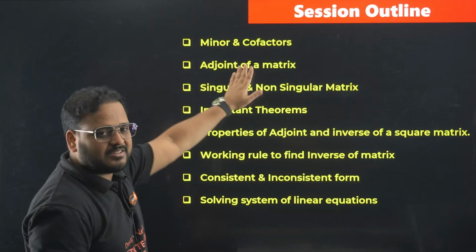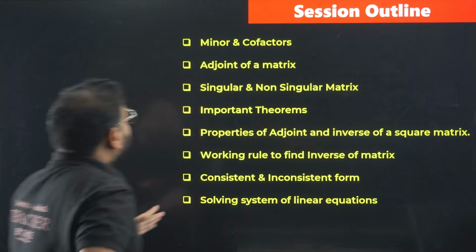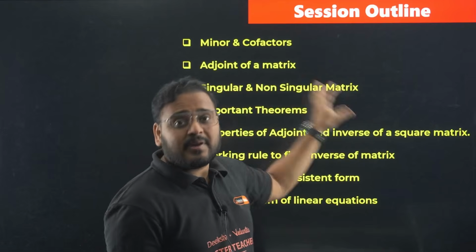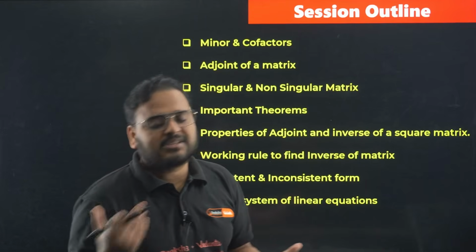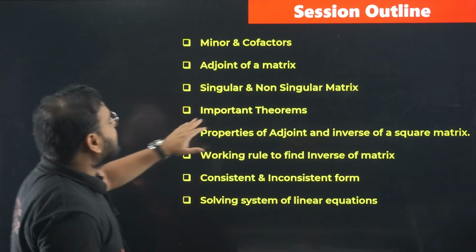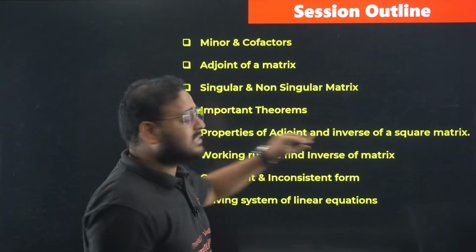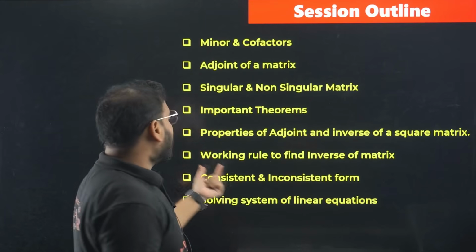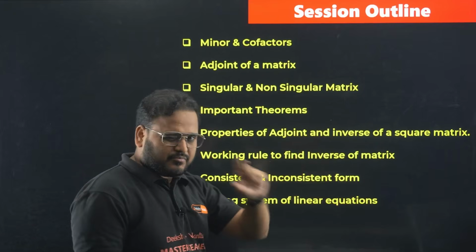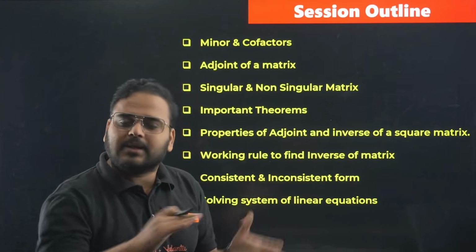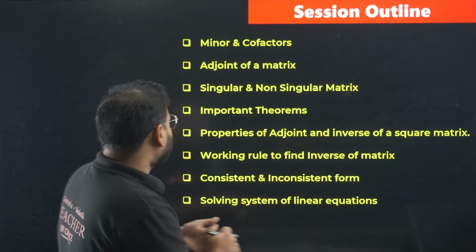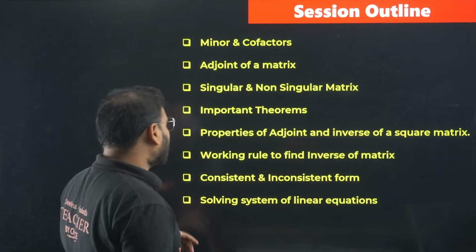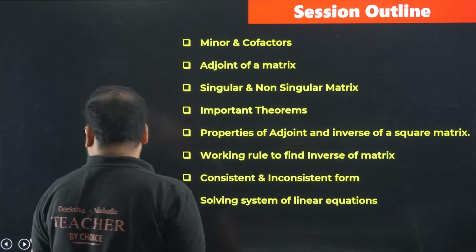If you see the session outline, today we're going to start with minors and cofactors, understand the very basics of them, then move on to adjoint of a matrix, deal with singular and non-singular matrices, basically defining whether the inverse is defined or not, and then learn some important theorems, some properties, and properties of adjoint and inverse of a square matrix. As I said, I'll give you a working rule to find the inverse of a matrix, 3 points, straightforward. If you remember them, it's good enough to solve any question on the inverse. Consistent and inconsistent form we will also deal with,